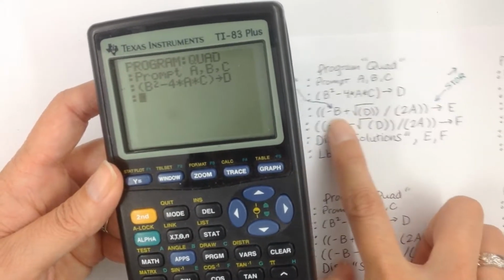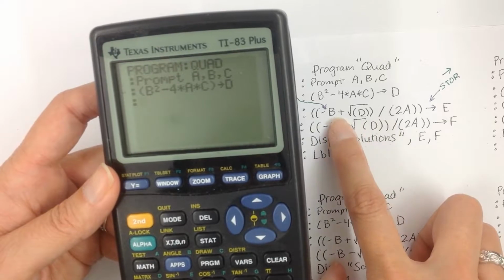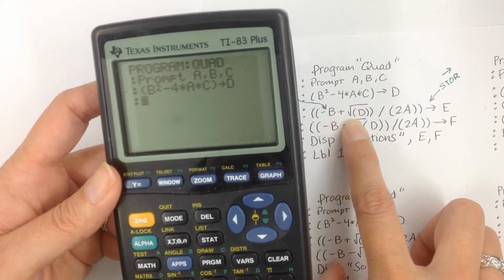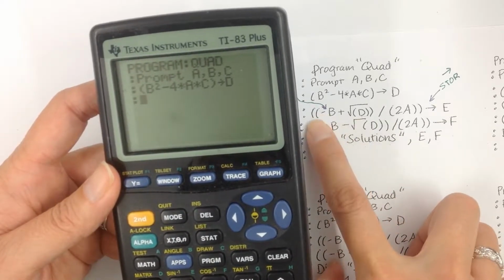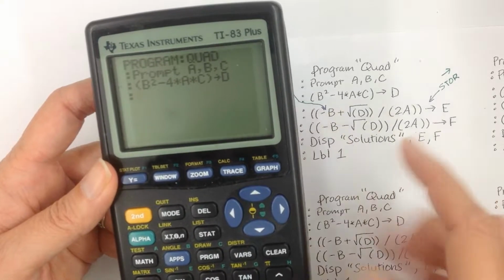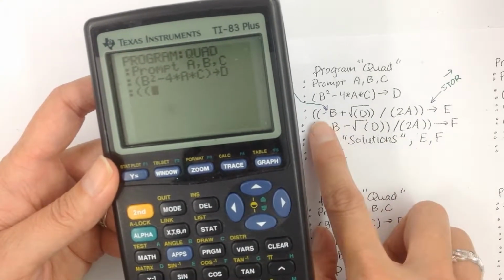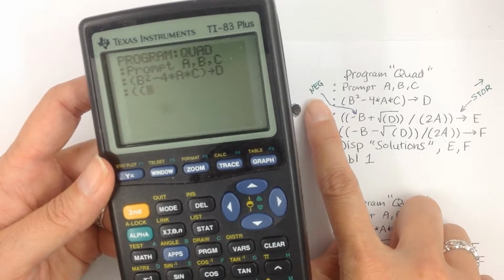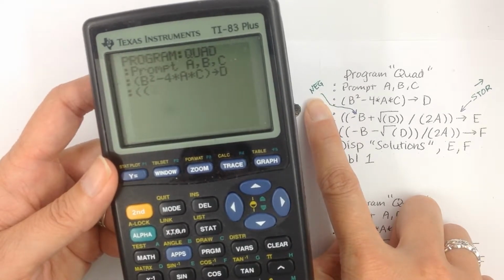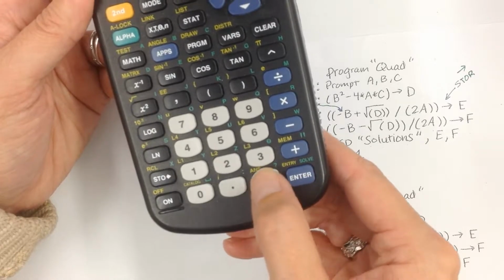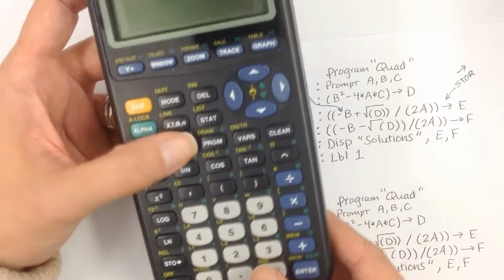Now we're going to do this next line of code. Negative B plus the square root of D. So you need to put 2 parentheses first. So parentheses, parentheses, negative. And you make sure you use a negative here, not the subtraction button. Okay, so negative B. So the negative button's all the way down here. Negative alpha B